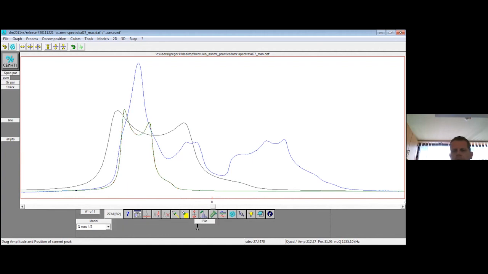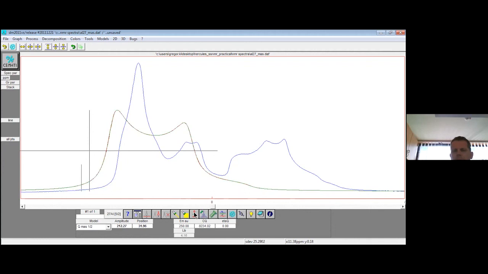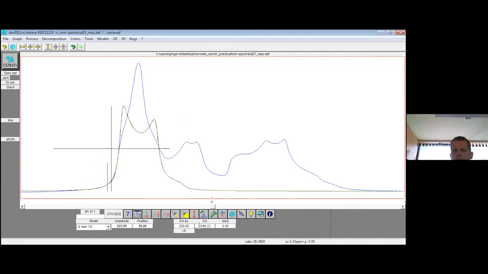You see now the magnitude has come to 8,000. But if I'm narrowing, the quadrupolar coupling is now 5,000. But we don't change the shape. But this shape is affected by this second parameter, which is